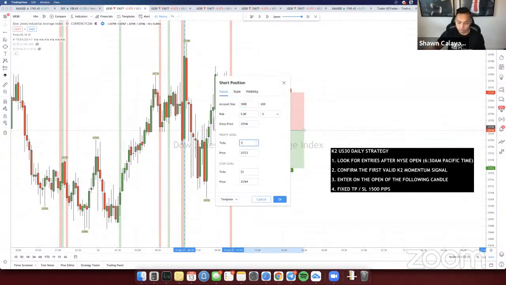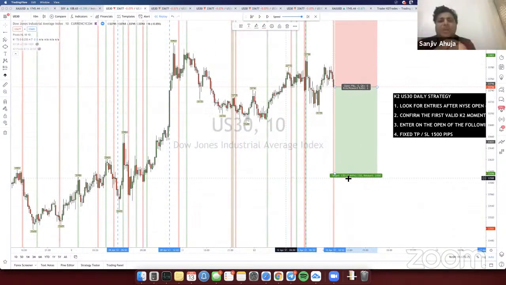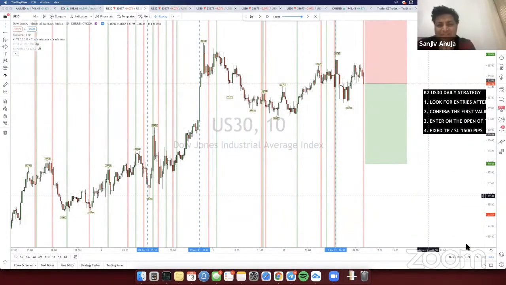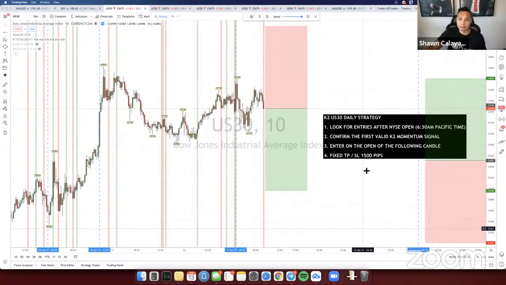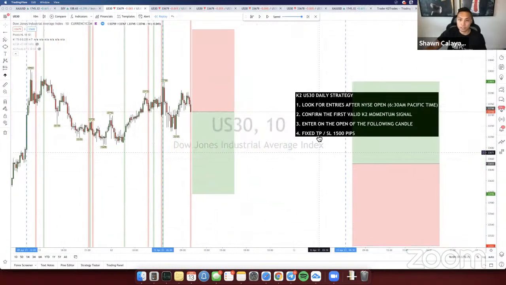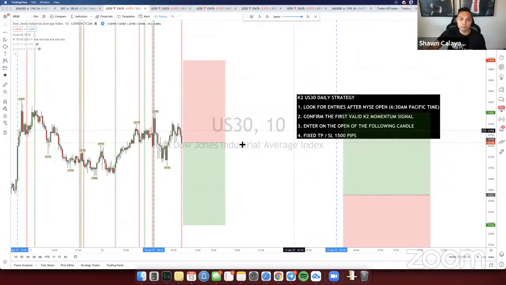And then your TP stop loss is going to be 1,500. And the chart you open is for 10 minutes? Yes, 10 minutes. Okay, on 10-minute time frame. So right here, you have that setup right there. And then if you let it run,